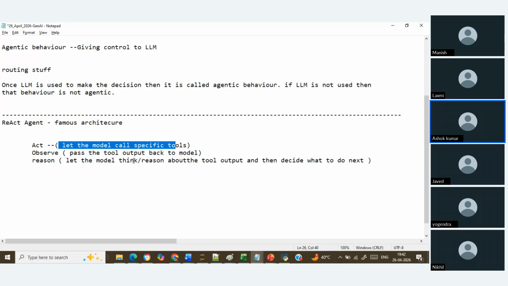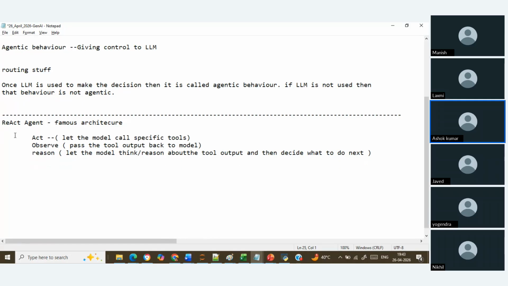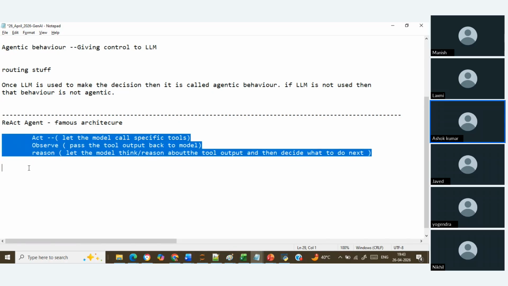The LLM is going to decide over here, then once the tool is utilized, it will get some output. That output is given back to the large language model, that is nothing but the observe phase. And then reason: once the LLM gets the output from the tool, it will decide what it needs to perform next, that is the reason or thinking phase. So this is nothing but the React architecture where